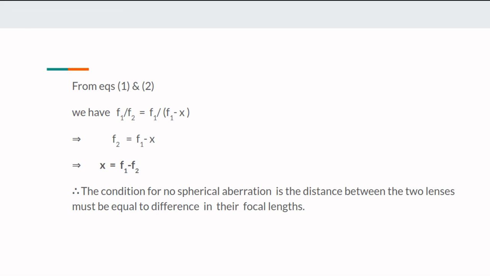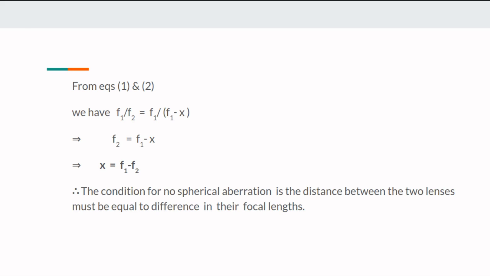This is due to greater deviation of marginal rays. If the deviations of all the rays are the same, then a single image is formed, that is, all the rays meet the principal axis at one point. But different images are formed due to different deviations of the rays incident on the different zones of the lens. This can be eliminated by using crossed lenses, stops, plano-convex lenses, a suitable combination of concave and